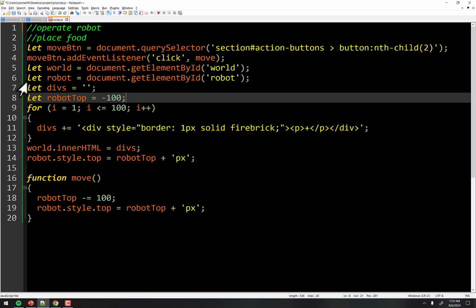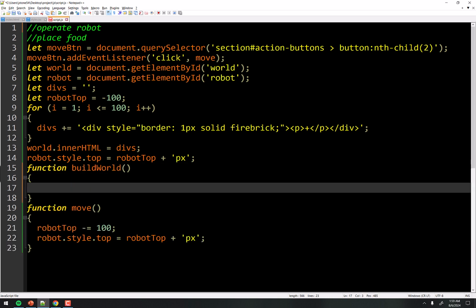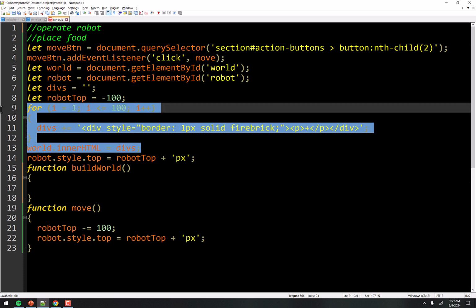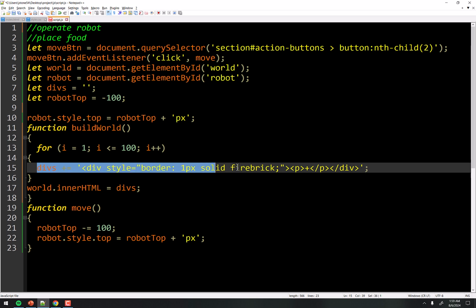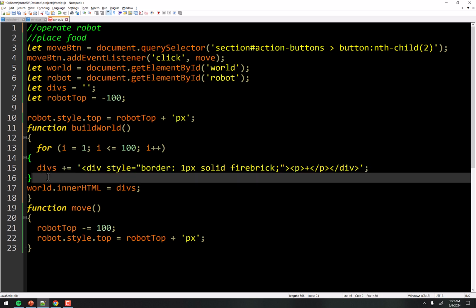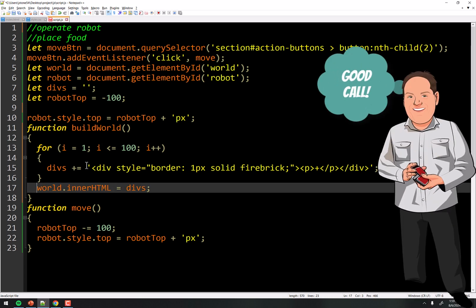So let's start with some basics here. First of all, let's make this function called build world, okay? So the build world function is basically just these two things right here. We might add more to it later. And in fact, we don't even need the curly braces, although we are going to need them later, so I'm going to leave them there so that doesn't come back and bite us. So I will leave the curly braces there.